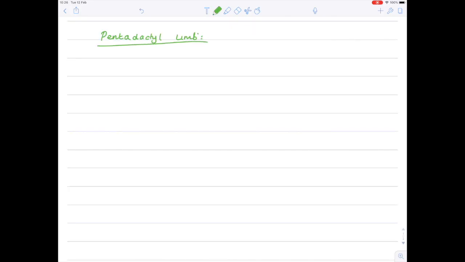Looking at the pentadactyl limb now. Pentadactyl: "pent" meaning like pentagon, so 5, and "dactyl" is to do with how many fingers you have, so that's a 5-fingered limb. And really, we like to use the anatomy of the pentadactyl limb to provide evidence for evolution, because actually you